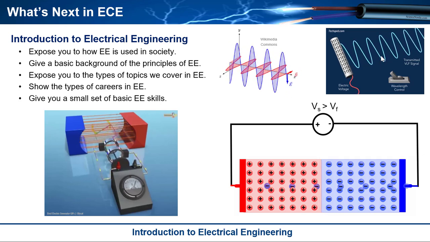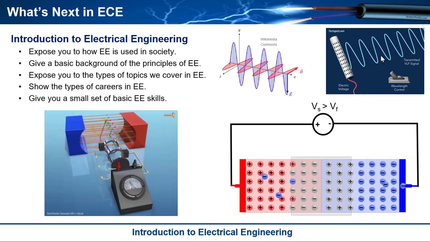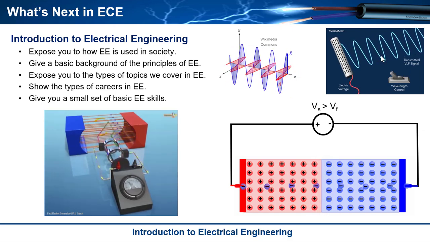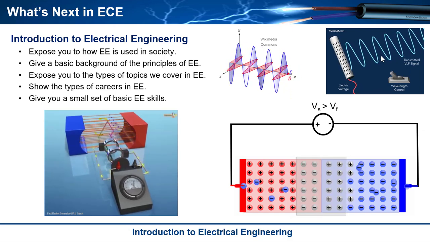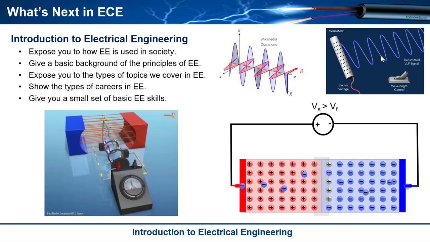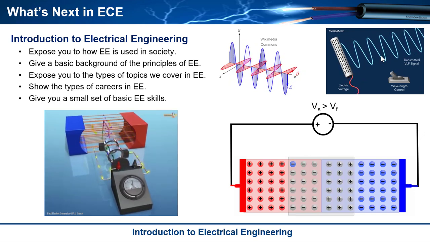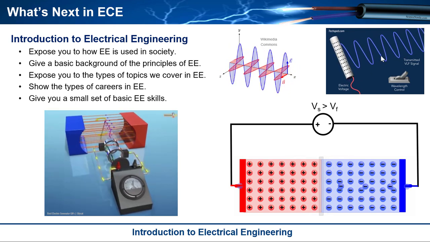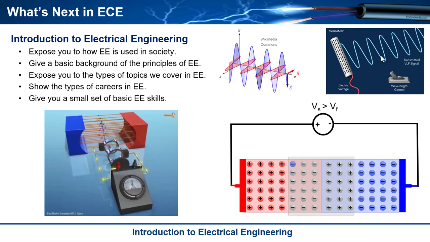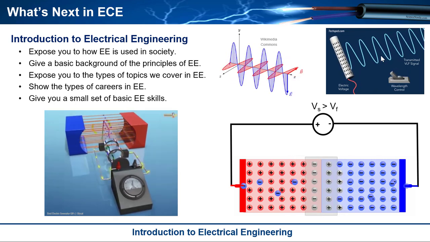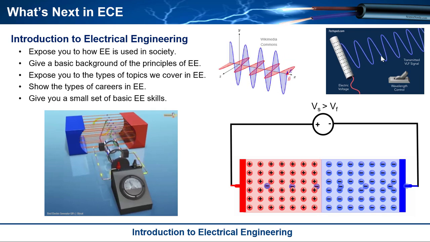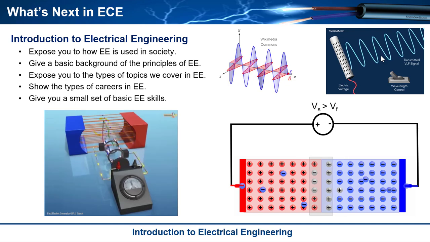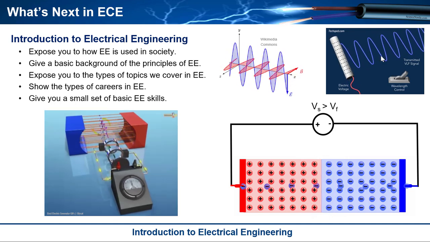Okay, so then hopefully as we go through this, you start seeing these discoveries transition into applications and systems that we have, so you get to understand the types of topics that we want to cover when we teach electrical engineering at a university. Okay, you can't just stop right here. You've got to go deeper into all of these areas. Okay, and then as you decide what you want to do, you start specializing and learn even more about it. And then that leads you finally into careers, right? So then you finally start looking into the industry, looking into society and saying, where can I use these skills? Where can I work? What are the industries that use it?